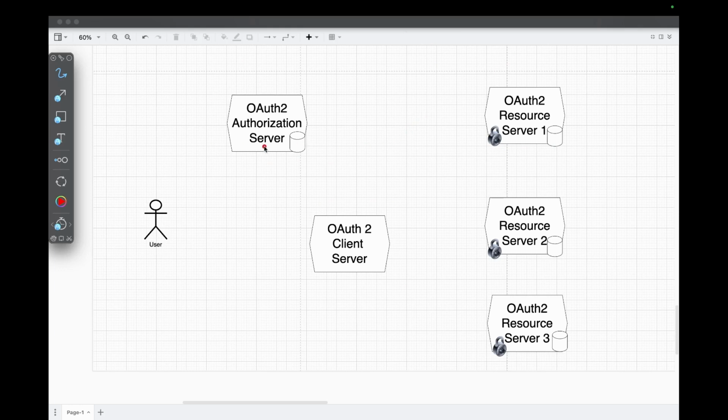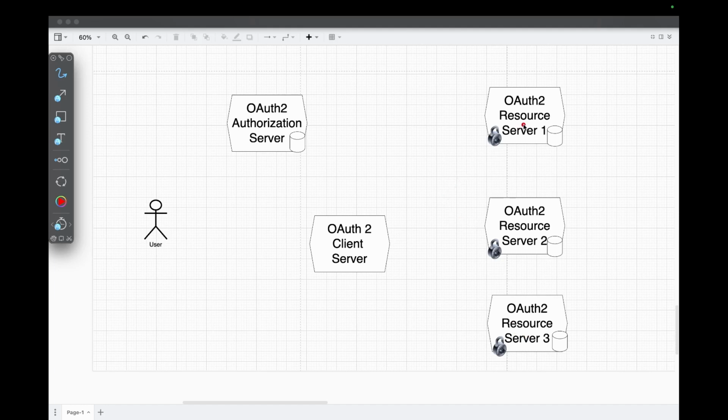The authorization server is responsible for holding all the user information, login details, and stuff like that, and it's responsible for giving out tokens and verifying and validating them as well. And the client here is responsible for basically performing actions on behalf of the user. So the resource servers are basically the resources, that is the thing you're trying to protect, so they're always locked down. All right, now when a user